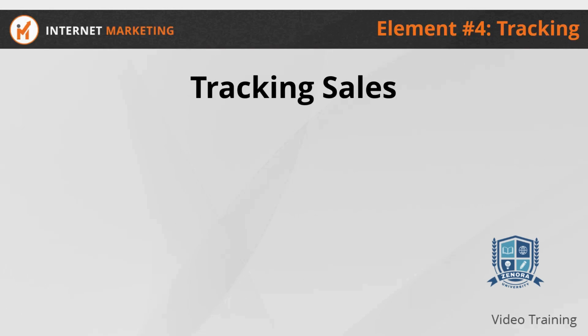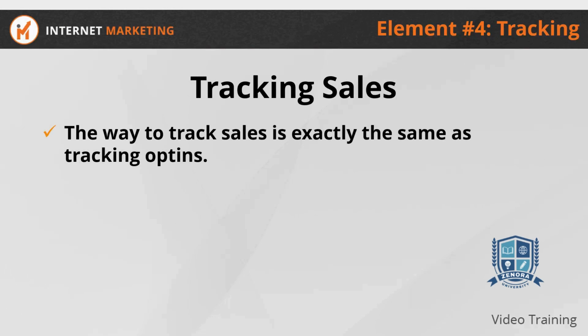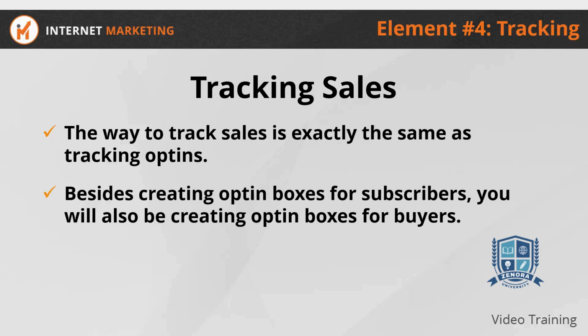Tracking sales. The way to track sales is exactly the same as tracking opt-ins. We will also be using your autoresponder service for it, but there will be fewer things to look at. Besides creating opt-in boxes for subscribers, you will also be creating opt-in boxes for buyers, so you can have them on a separate list of contacts. Once you have created the opt-in box for the buyers list, you will see it listed there in the sign-up